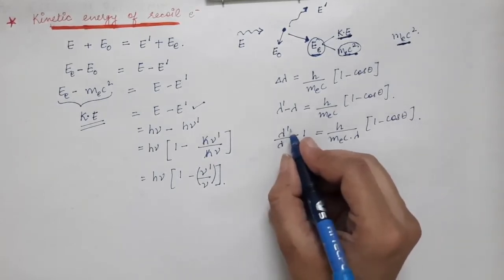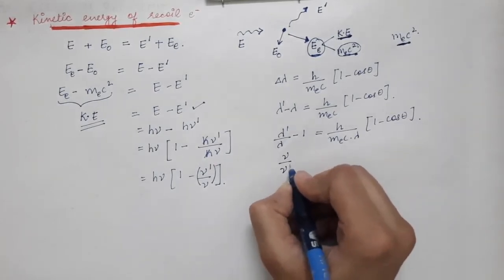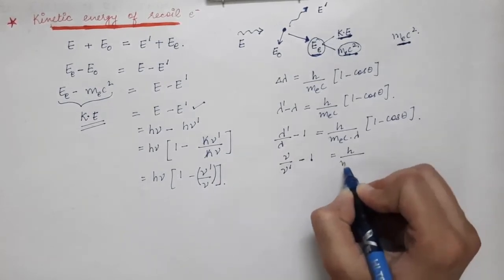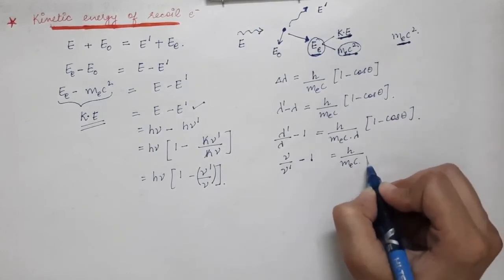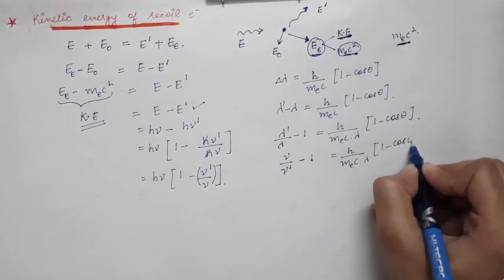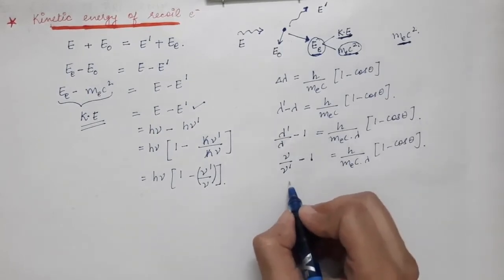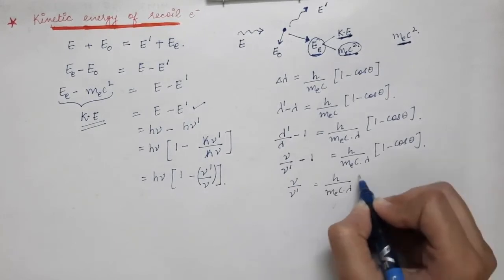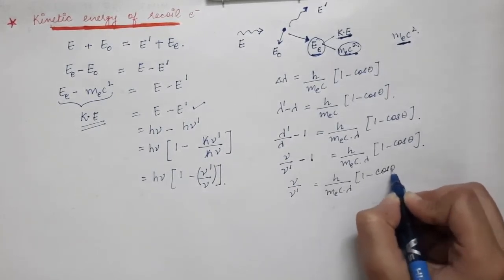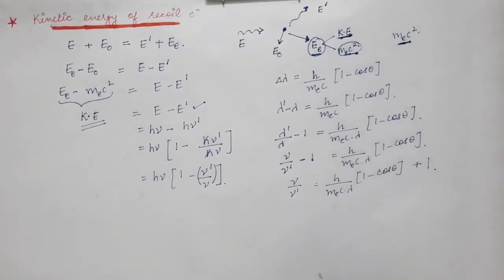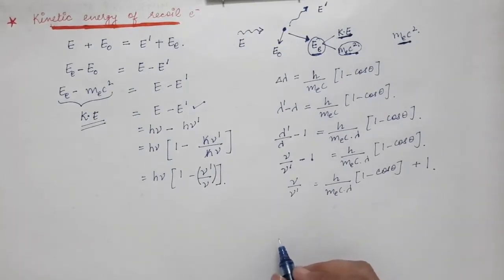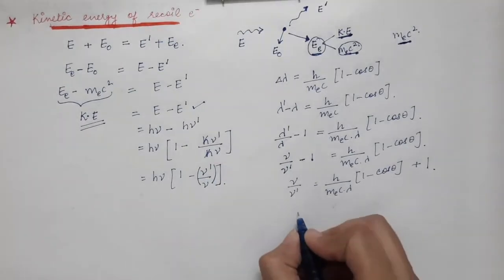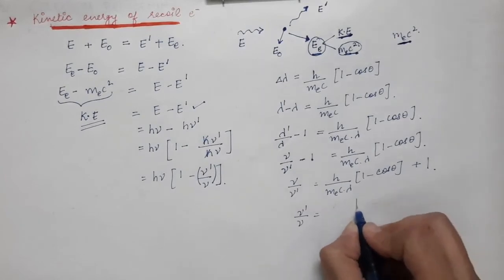And from here this lambda prime by lambda is nothing but nu by nu prime. So nu by nu prime will be equal to h by m_e c lambda into 1 minus cos of theta, plus 1. And what do we want in this expression? We want nu prime by nu. So here this expression is for nu by nu prime, but we want nu prime by nu to substitute in this expression. So nu prime by nu will be equal to 1 divided by